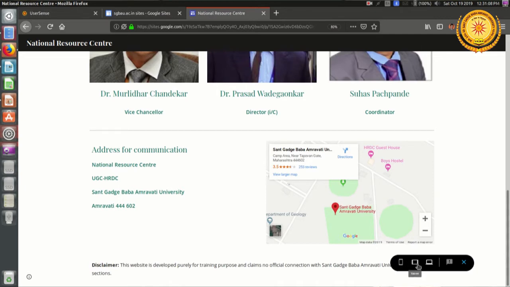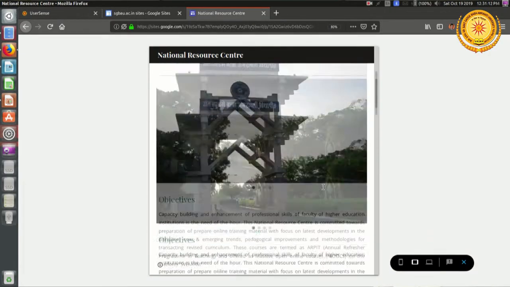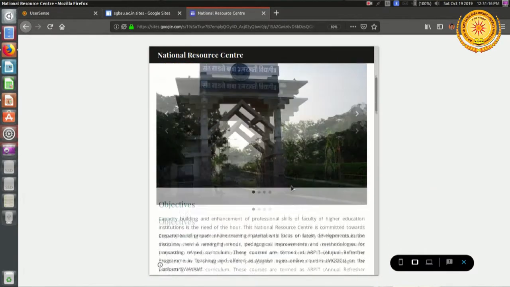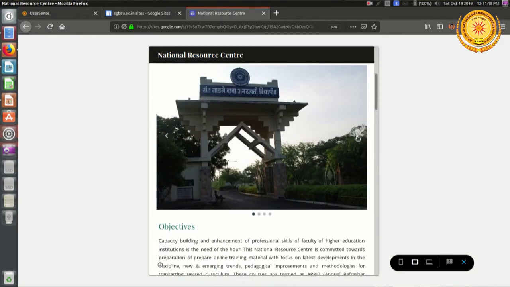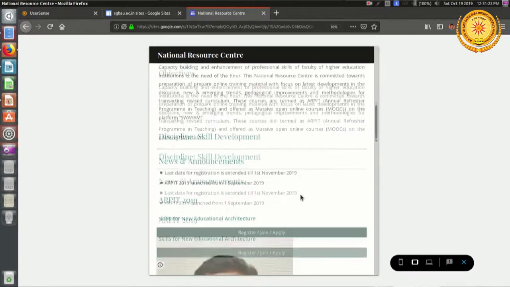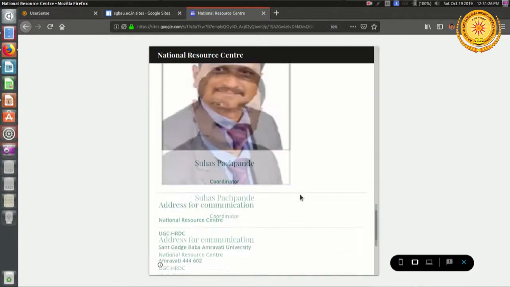Let us see how my web page will look on a tablet. This is the title, then the photographs that can be scrolled, then the objectives, disciplines, one by one, the entire information is shown.